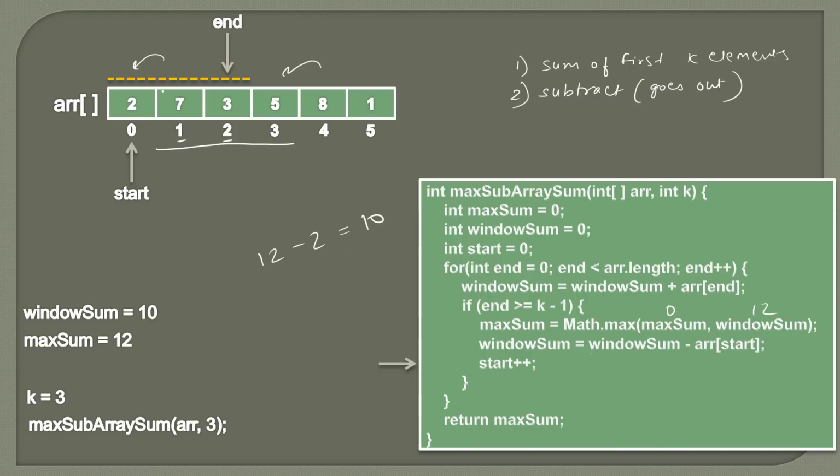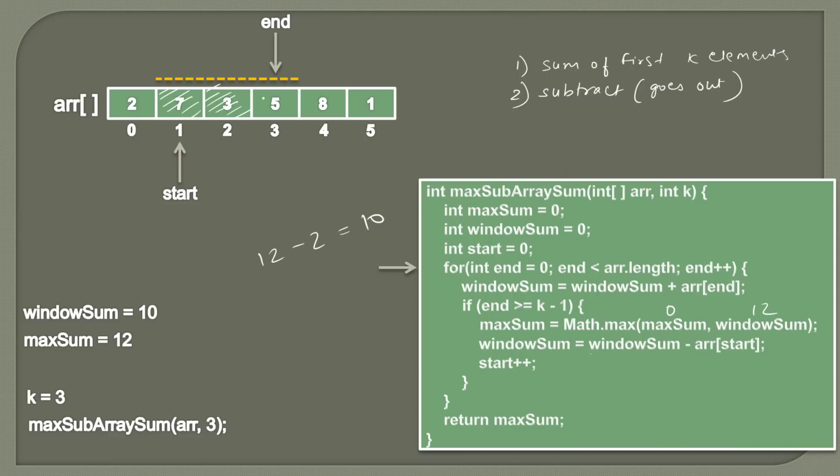And this window sum will have the sum of these two elements. So for the next window we don't have to calculate this window sum again. We can simply reuse that. So now as 2 went out of the sliding window, for the next sliding window it will start from index 1. So we simply increment start. So start comes to index 1. We'll increment end. End comes to index 3, which suggests that now our new window will be from start to end, like this, which means these 3 elements.